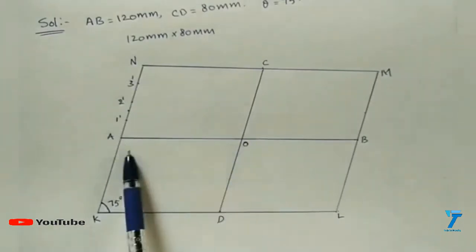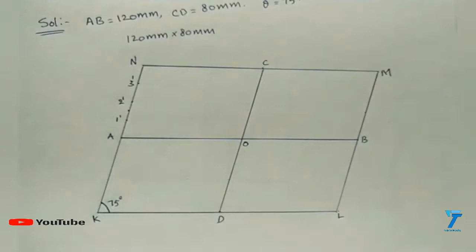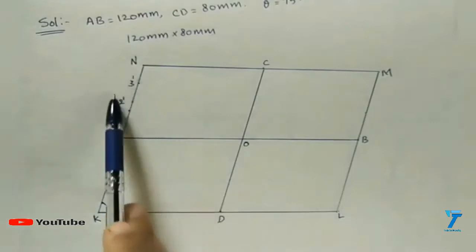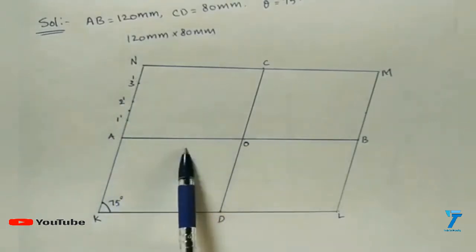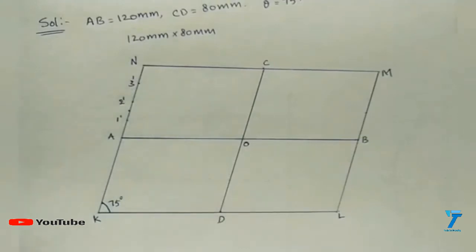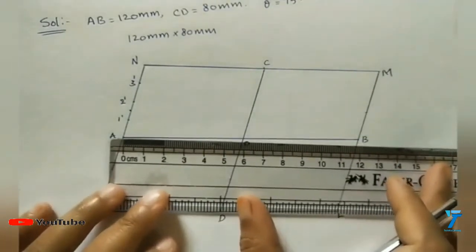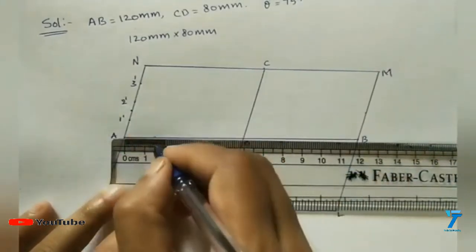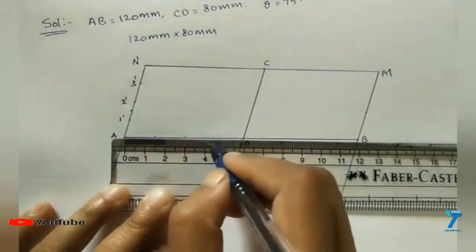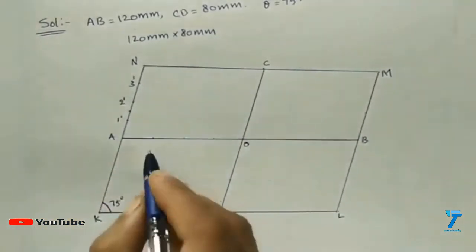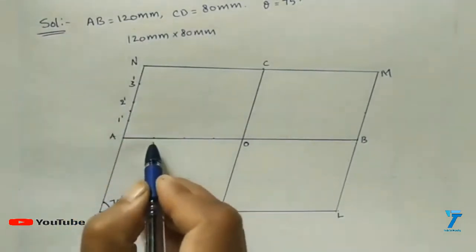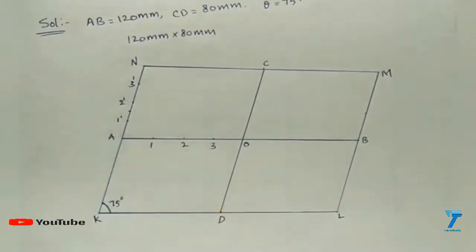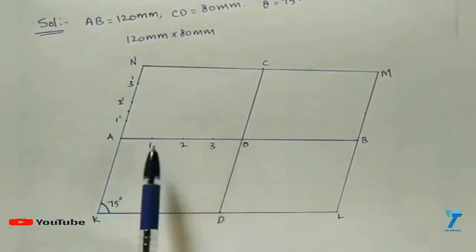Okay, and here also divide into 4 divisions. As we know, AB is 12 cm, AO is 6 cm. We have to divide into same number of equal parts. We have to divide this 6 cm into 4 equal divisions. So 6 by 4 means we will get 1.5 cm each part. So take at 1.5 cm one part, here 1.5 another division, here another division. Now take these points. We have started 1 here. So give the same numbering here, 1, 2, 3. 1 and 1 should come near to each other. We have divided AO into 4 equal divisions.